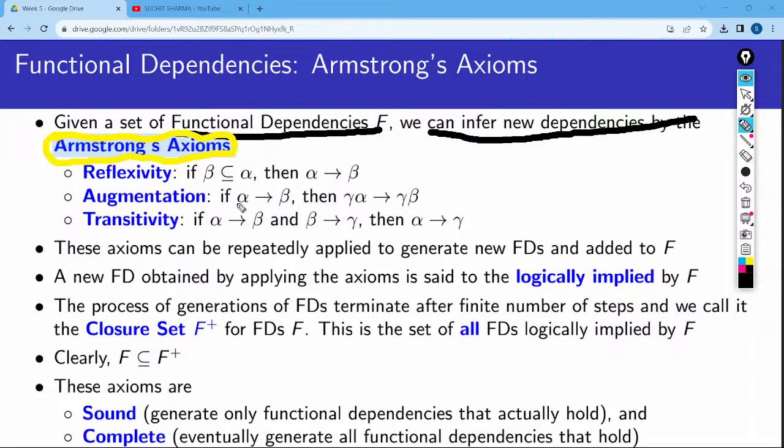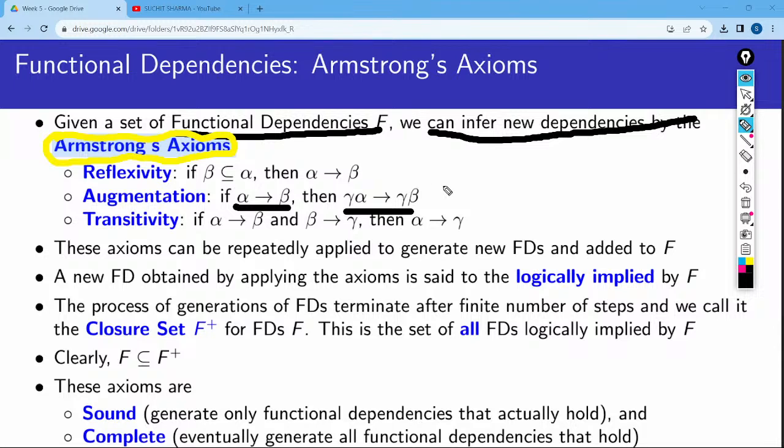Now augmentation. If alpha is the functional dependency of beta, then gamma times alpha is also the functional dependency of gamma times beta. Meaning,